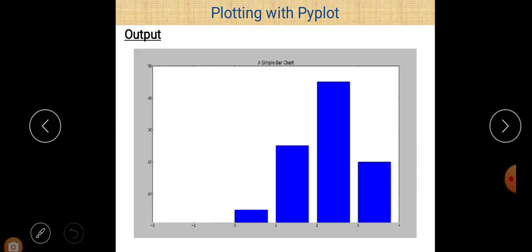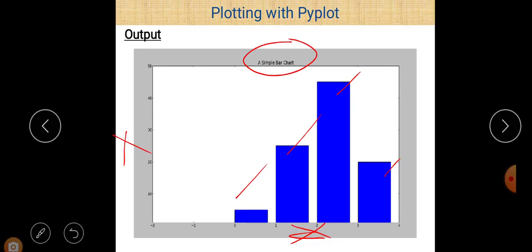After the execution of that statement, you can easily see the output here. By default blue color is there, since no color is defined. First of all, we don't give any name for the x-axis and y-axis, so you can easily see that no x-axis and y-axis name is given here, and we just give a title name here. So these are optional parameters, so if we don't give them, then default values are considered for that.